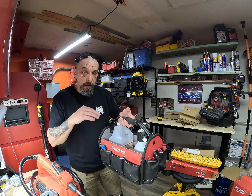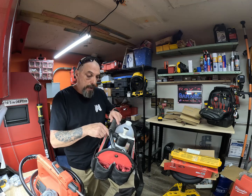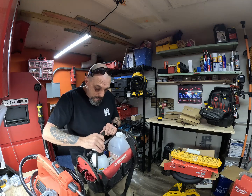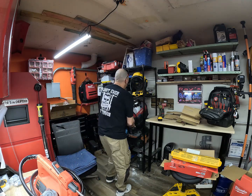Anyways, this is my bag that I use when I clean A-coils off. There's a couple videos I have about cleaning these nasty A-coils. So I have to take my pump sprayer. It's just a little pump down sprayer. I have to take this with the chemical, and then I have to have my coil brushes, my spray wand, and then I have to take my Milwaukee cordless air compressor with a hose. So I have to take all this stuff over to a vacant or to an apartment in order to clean